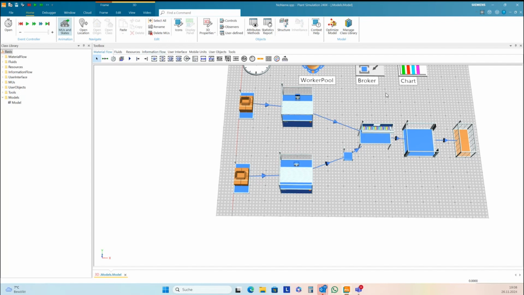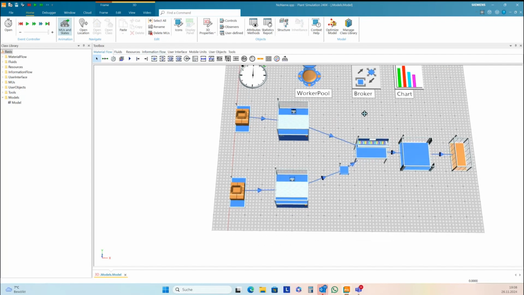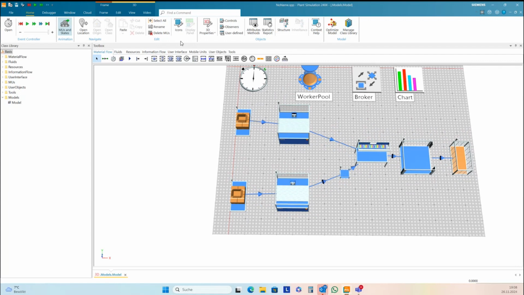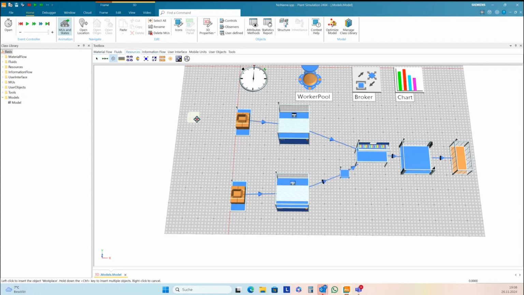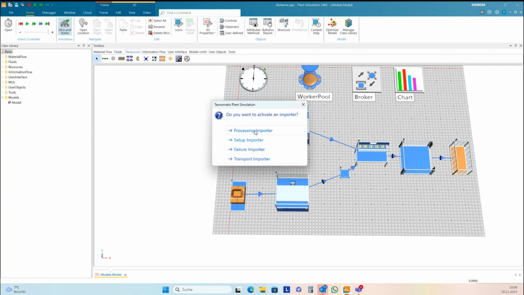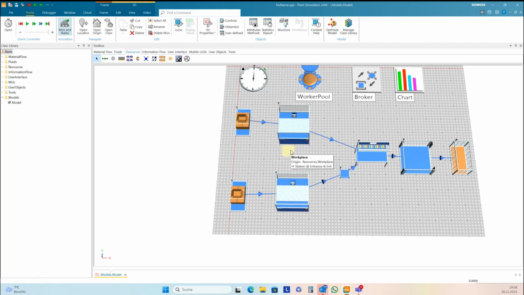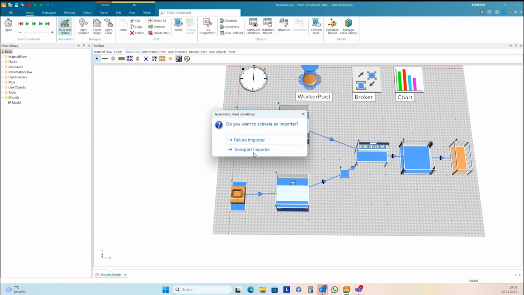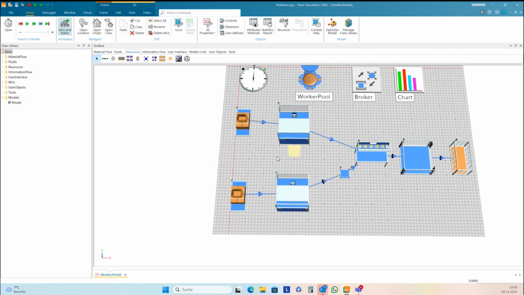In the latest versions of Plant Simulation, this happens just by dragging the workplace near the station. Then Plant Simulation will ask you what kind of importer you want to activate. I want to have processing, and if I drag it again, then I can also select the transport importer.